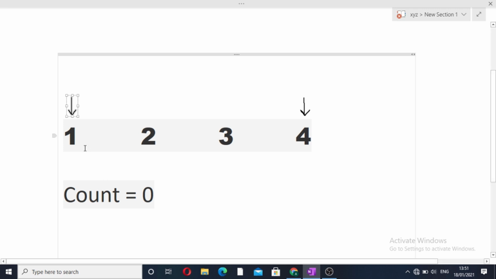So this is 1 2 3 4. We will first sort the array. It is originally in sorted order, but if it is not, we will first sort the array. We will put one pointer at the 0th index and the second pointer at the last index. Now we will sum the values at this index plus this index. We can see 1 plus 4 is 5, and our k value is also 5.